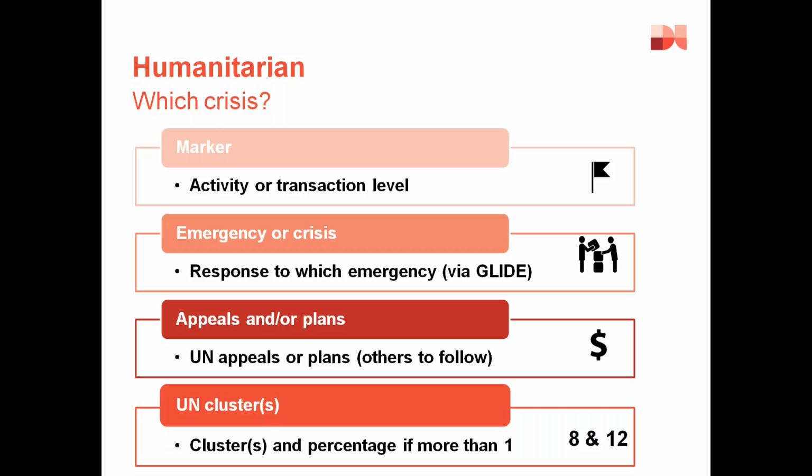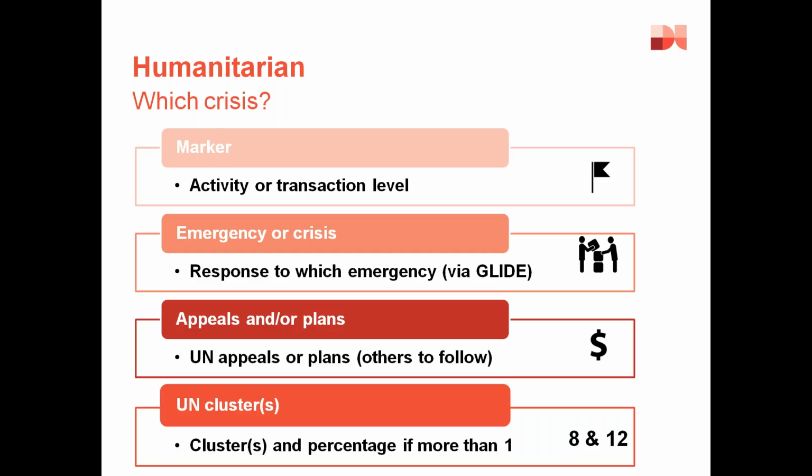level. So this means that if you have an emergency, say such as Ebola, which obviously happened in a number of countries, you therefore have to add the GLIDE codes that relate to the relevant countries that you were working in. So we have one publisher who has provided that information, and they were working in 3 different countries, so they had to include the 3 different GLIDE codes to cover Sierra Leone and Guinea and the other country they were in. Similarly, because GLIDE codes are added on an annual basis, if you did have a multi-year emergency you relate to, you potentially have to add the codes for the various years